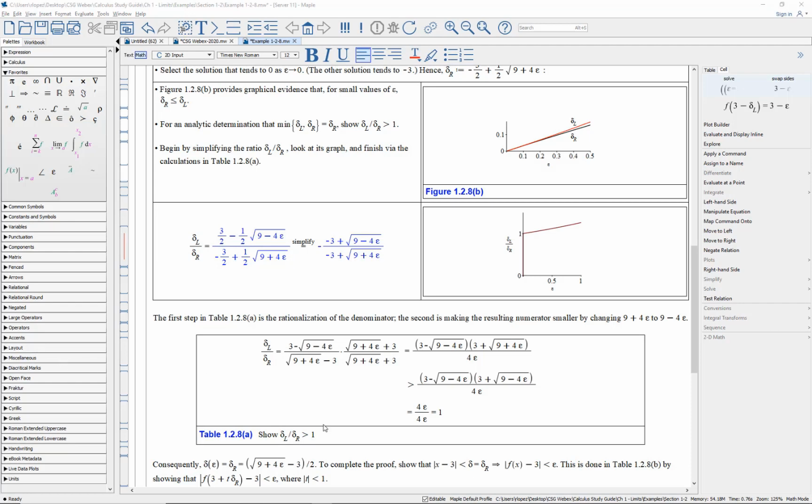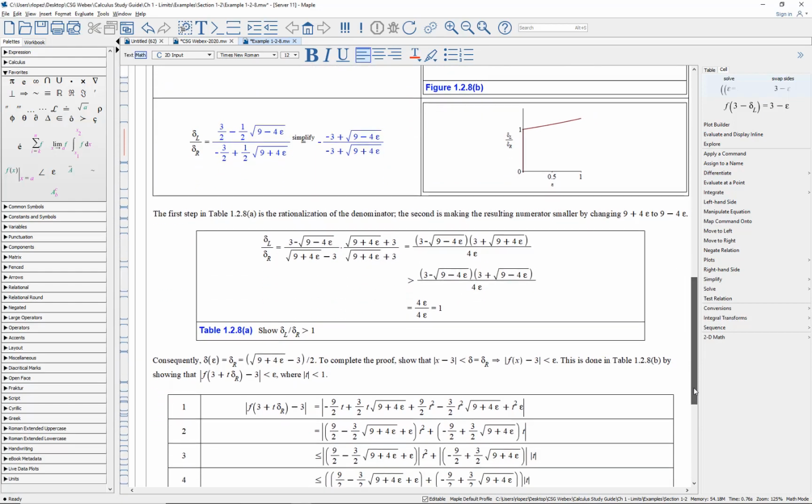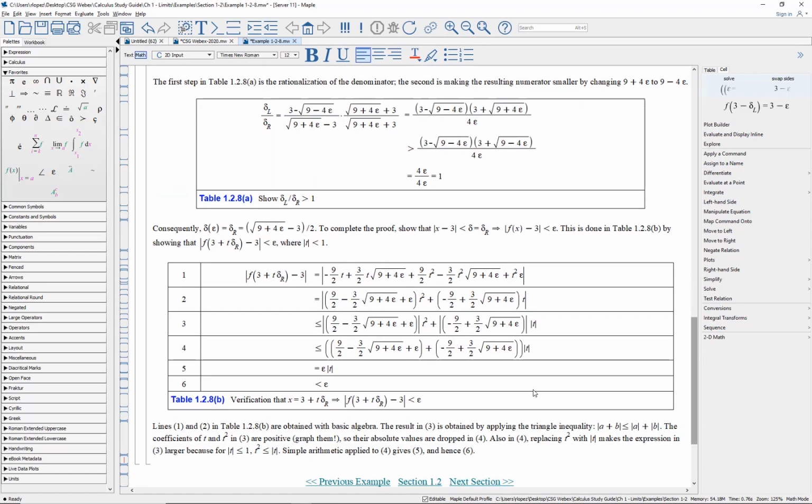The final part of a rigorous proof requires that you show if the absolute value of x minus 3 is less than delta, and we choose that to be delta R, that guarantees that the function value is within epsilon of 3. Here's how I did it. Took delta R